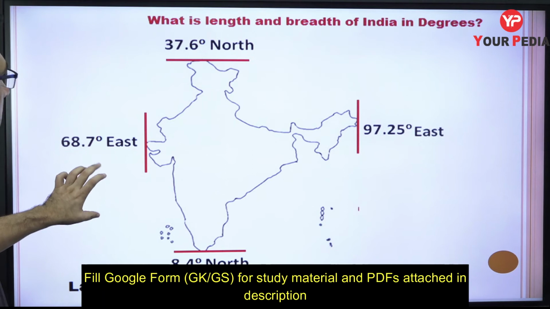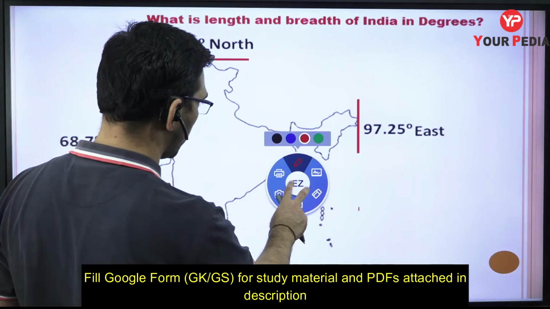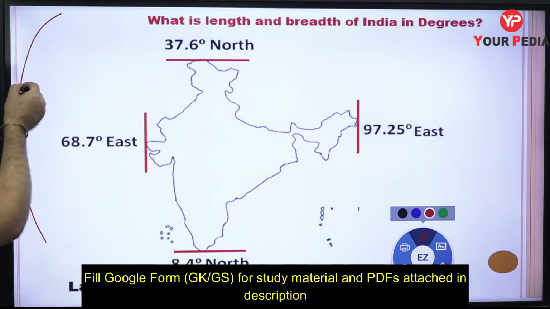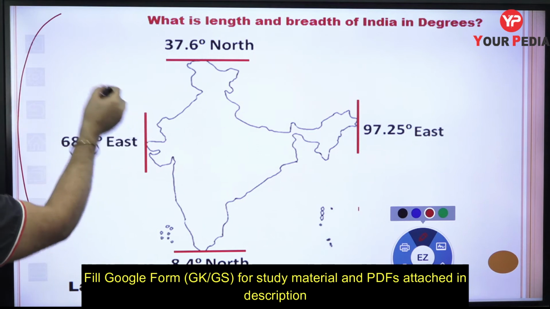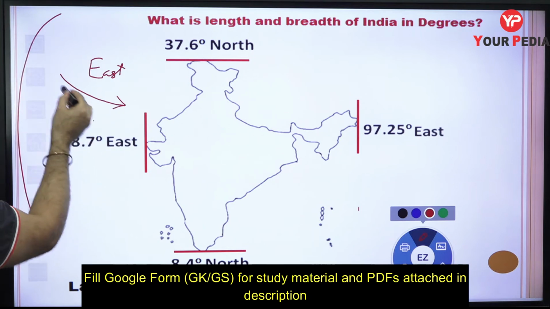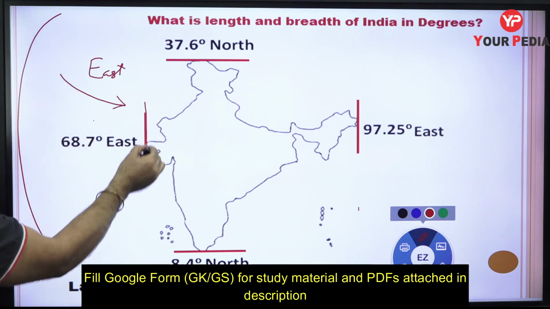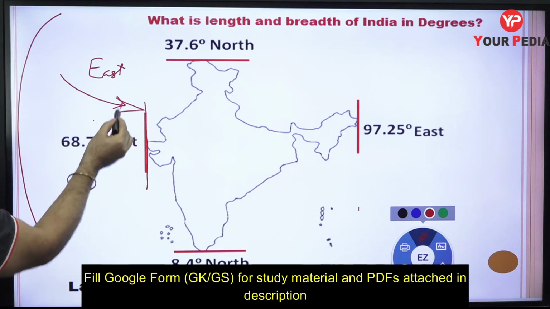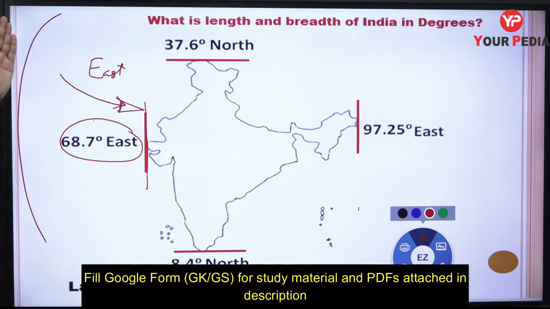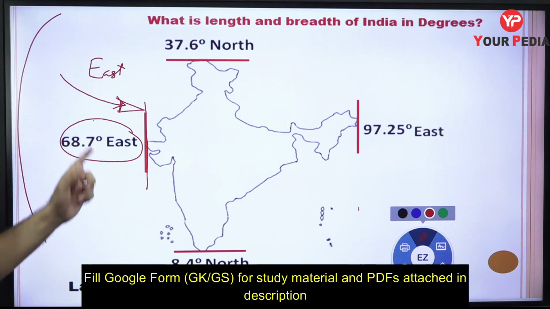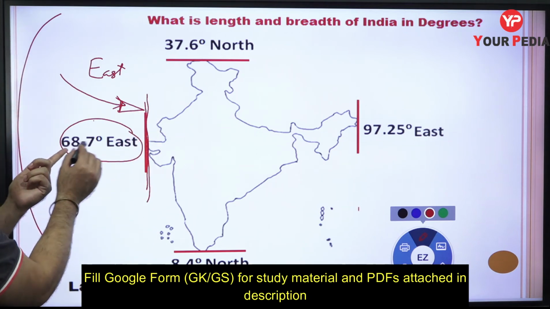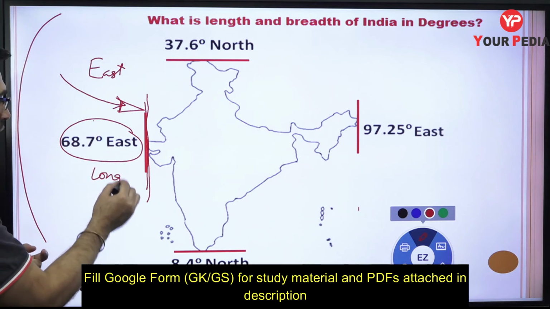So just have a look. You should remember this information exactly. As you know, somewhere here you have the prime meridian. When we take the angular position and come from this side towards the east, the angle increases slowly and gradually. When you touch India over here, the angular position from the prime meridian is 68.7 degrees east, because from the meridian you are moving towards the east. So India's location in terms of longitude starts from 68.7 degrees east longitude to what?